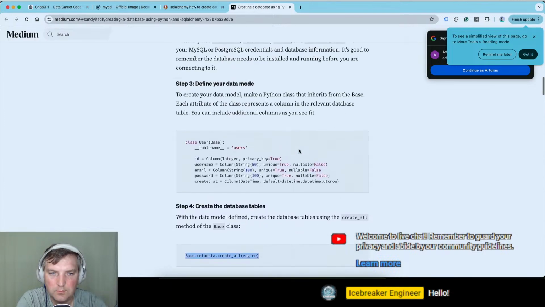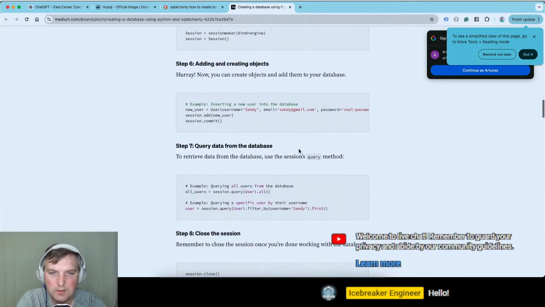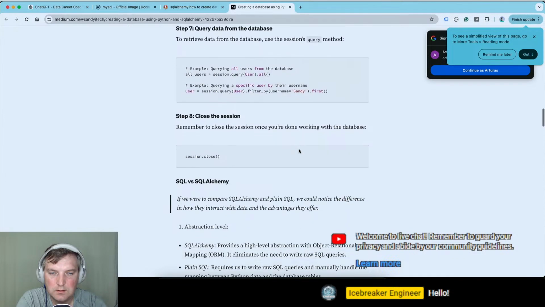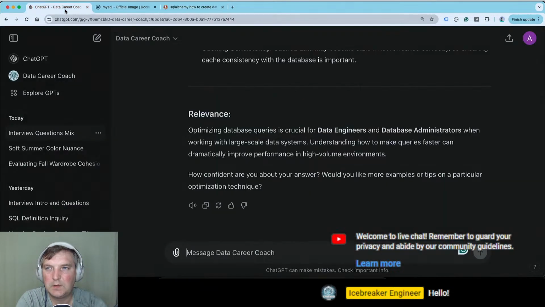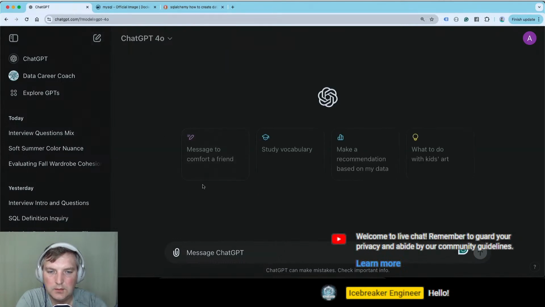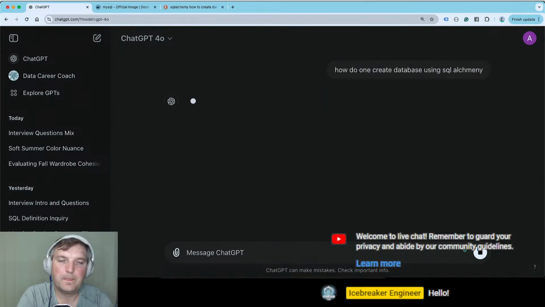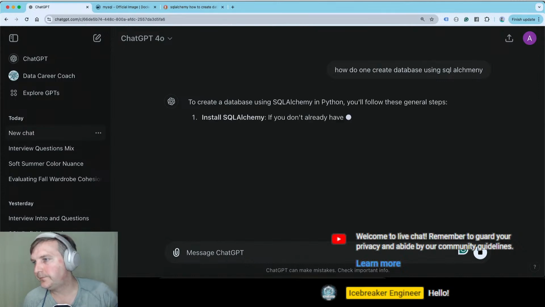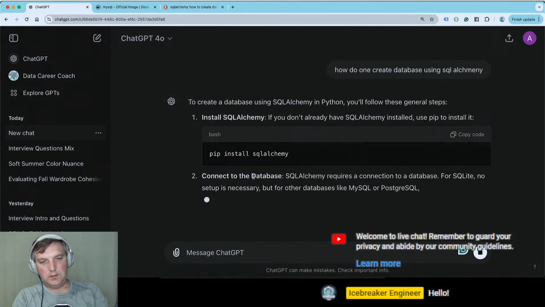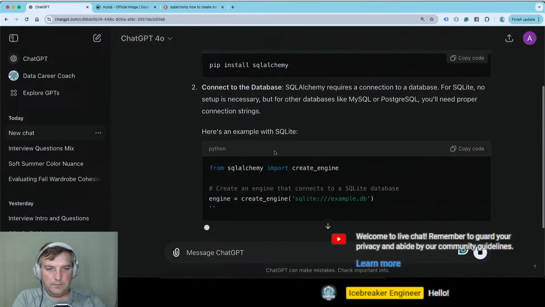Create database tables, but how do you create a database? Okay, so how does one create a database using SQLAlchemy? Is it possible?